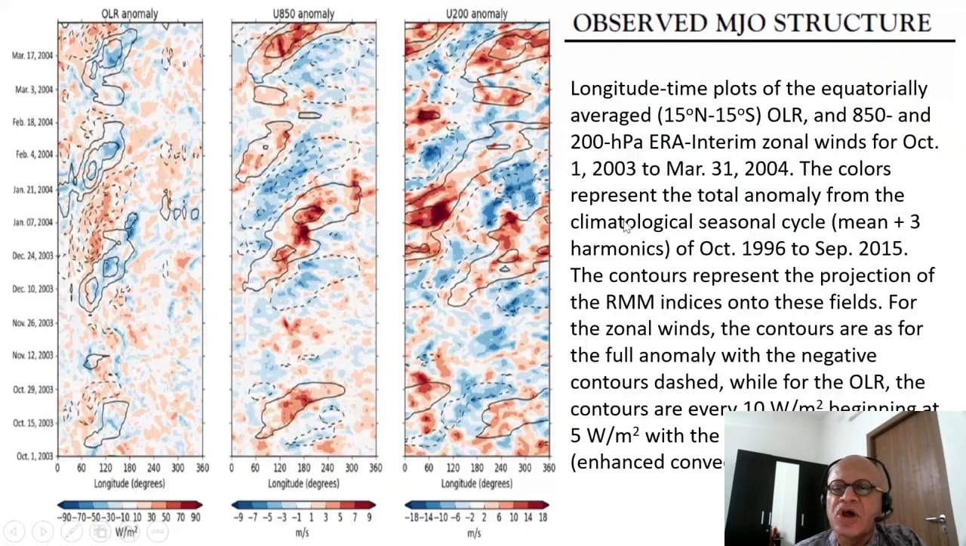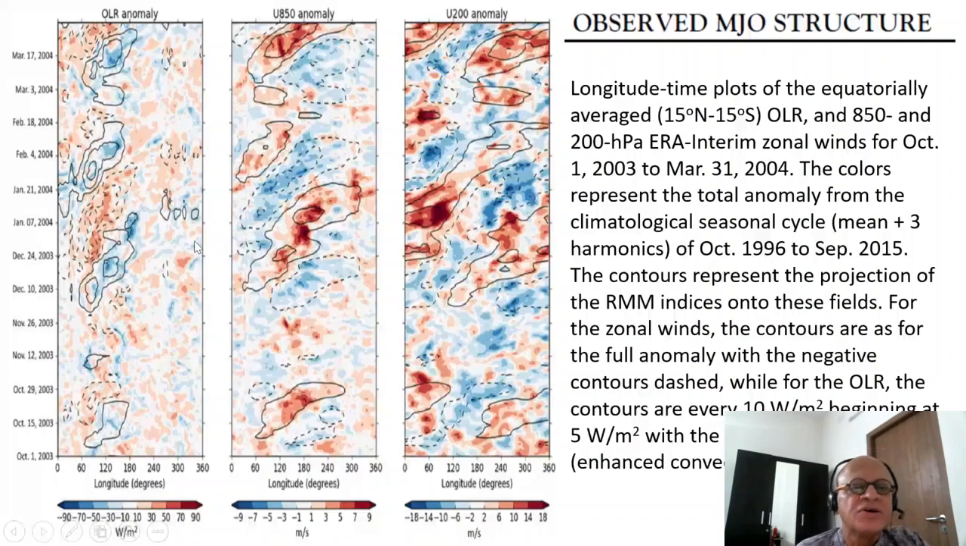Colors represent the total anomaly from climatological seasonal cycles. So it takes out a mean plus 3 harmonics to fit the seasonal cycle, and that is determined for October 96 to September 2015. The contours represent a projection of RMM indices onto these fields. For the zonal winds, contour areas are for full anomaly with the negative contours dashed, while for the OLR the contours are every 10 watts per meter squared beginning at 5 watts per meter squared with negative contours solid. So that is enhanced